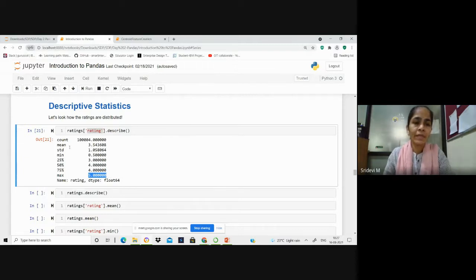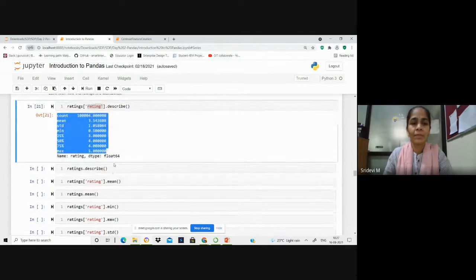So this mean, standard deviation, 25%, 50% and 75% are called as 5-point summary in other programming languages like R. So it will give us the 5 important points from which we can infer the characteristics or distribution of the data. So these are all the preliminary statistics that we would be interested in order to understand the characteristics of the data.